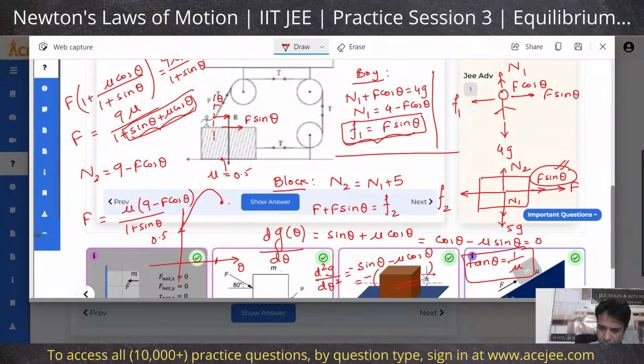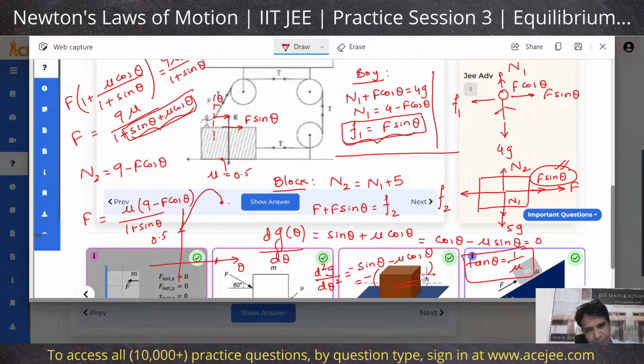Sir, in trigonometry we learned a formula for the minimum and maximum of a sin theta plus b cos theta, which is minus root a square plus b square to plus root a square plus b square. We can apply that here, right? So we can say the coefficient of sine is 1 and the coefficient of cos is mu, and then we want to find the maxima. So we can just say root of 1 square plus mu square is